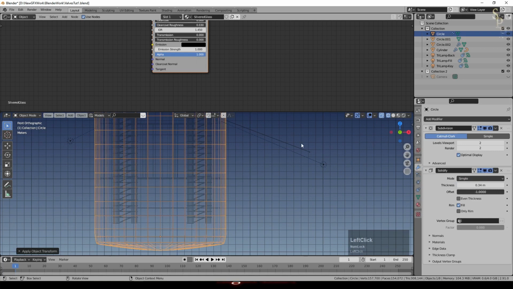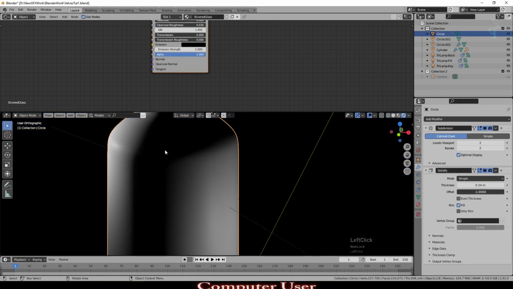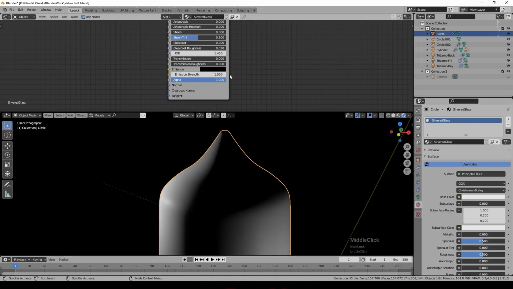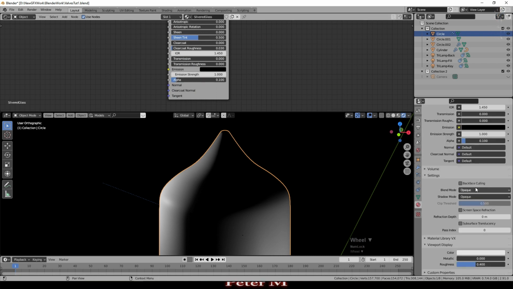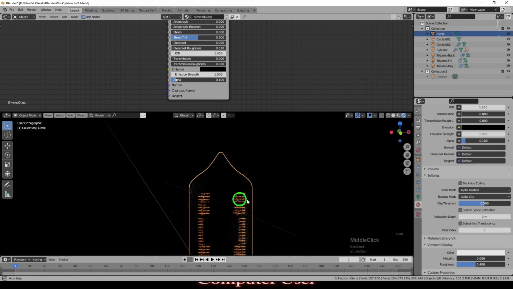We'll pull it in. Okay, so going into rendered view, we'll right click it and say shade smooth, back to materials, and if we come down here, I'm going to set alpha down at 0.1 for this one, but we're going to need to set the blend mode to something other than opaque. So I'll select alpha hashed, and you can see it's immediately started to become see-through. And shadow mode, I used alpha clip. It's just different ways of calculating transparency.